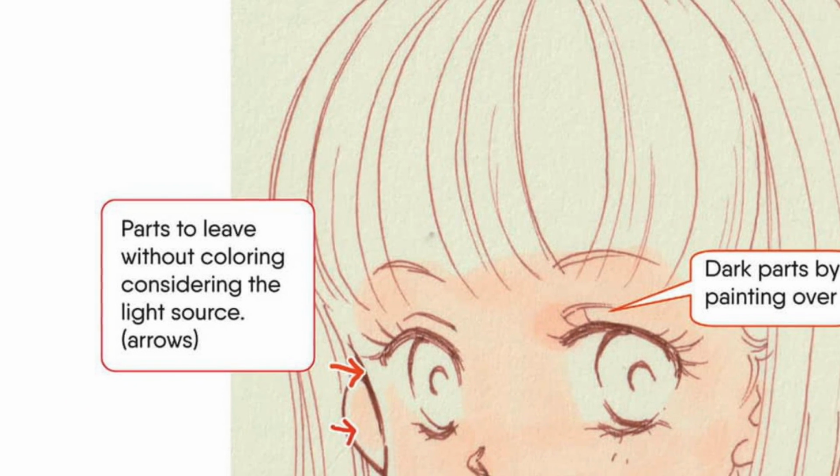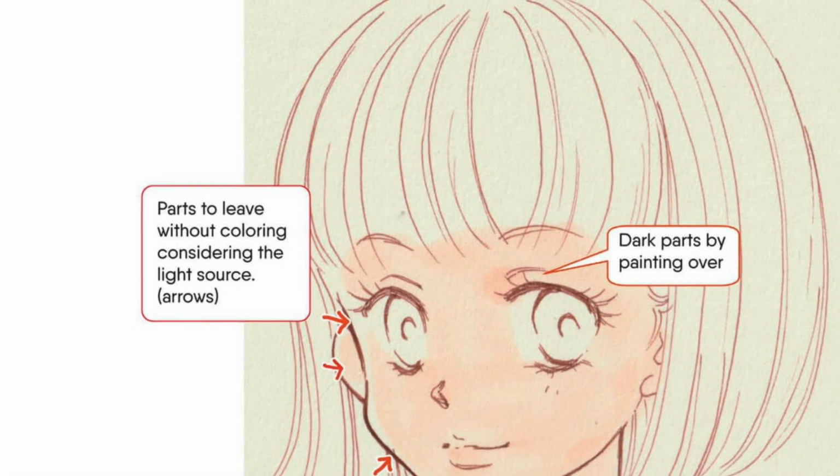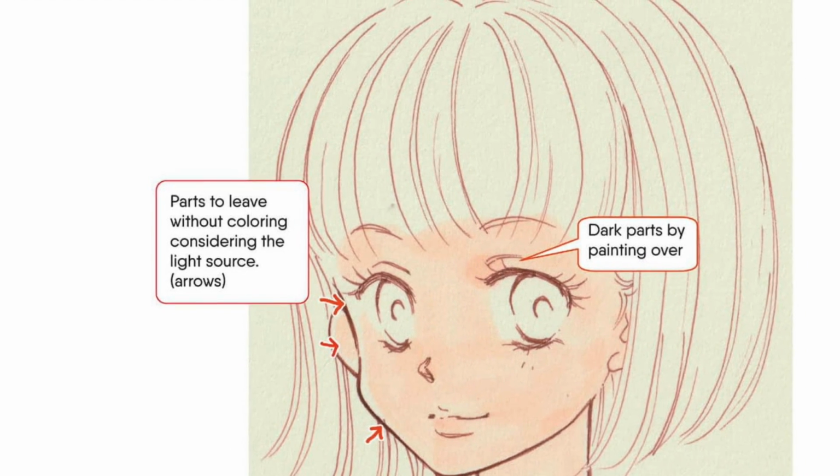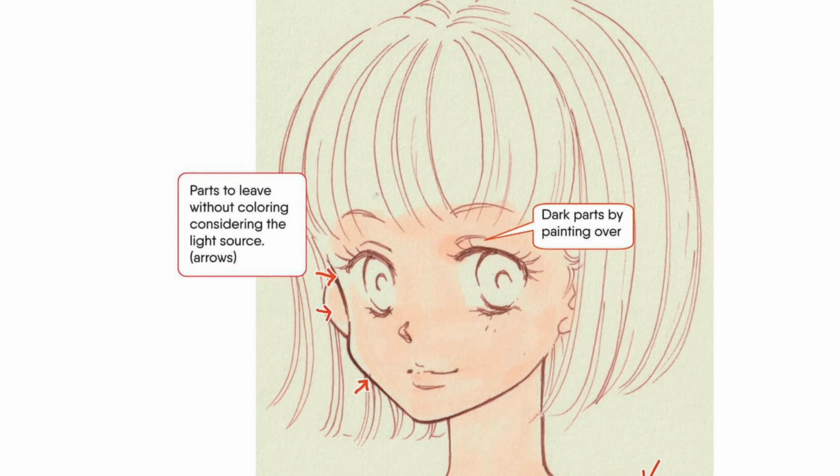You can also use printouts or photocopies of line art for painting because toner is strong against alcohol markers. Alcohol markers use the same technique as watercolor painting. To paint the base color,